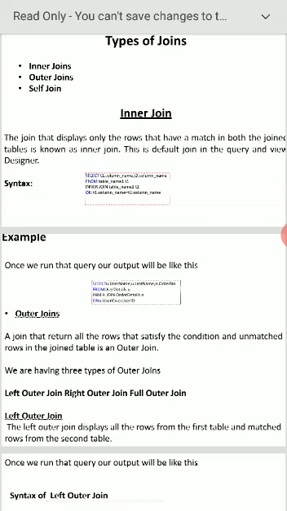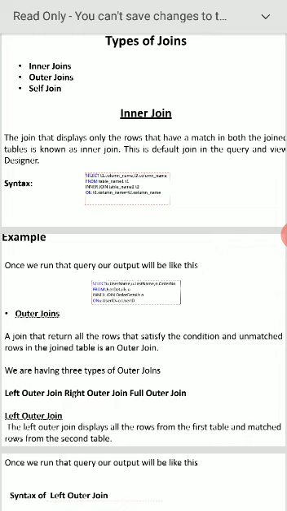Here you must have two tables. I have taken user details as one table, order details as another table. Here it will match both the tables, and display only those which are common. I have taken u dot username, u dot last name, o dot order number.